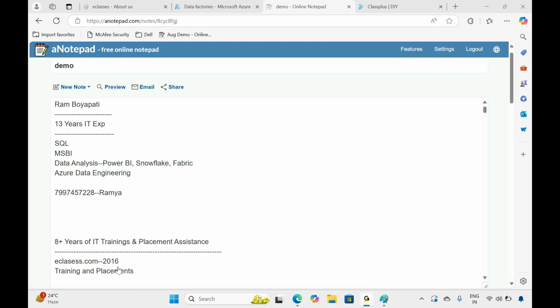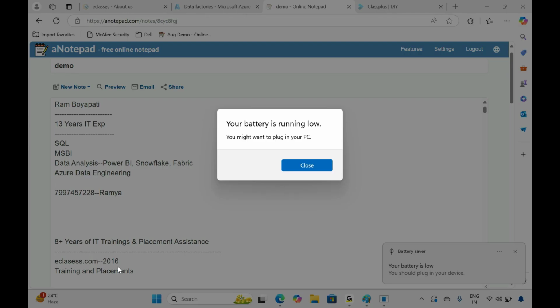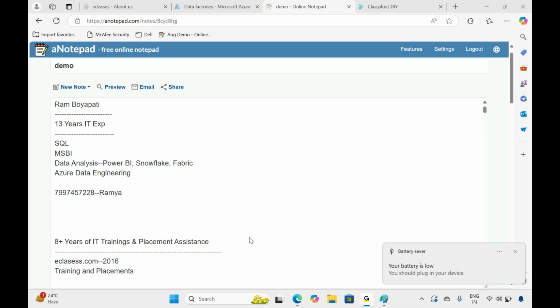Focus on the 15 years of experience you have in IT. With that knowledge you can easily manage this, because many people like you reached out to us, learned, completed their trainings, and are already placed. So you need not worry. Out of your 15 years, you can mention the last 5 years as a data engineer, and you can survive.